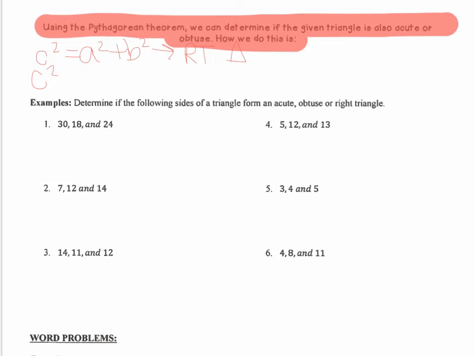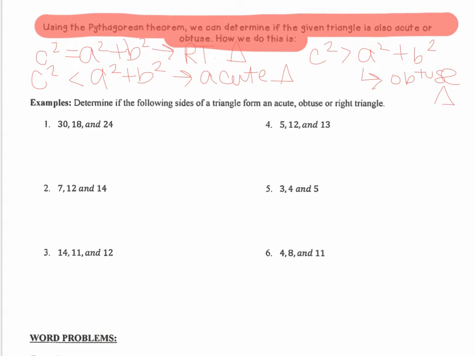If C squared is less than A squared plus B squared, then it's an acute triangle. And if C squared is greater than A squared plus B squared, it's an obtuse